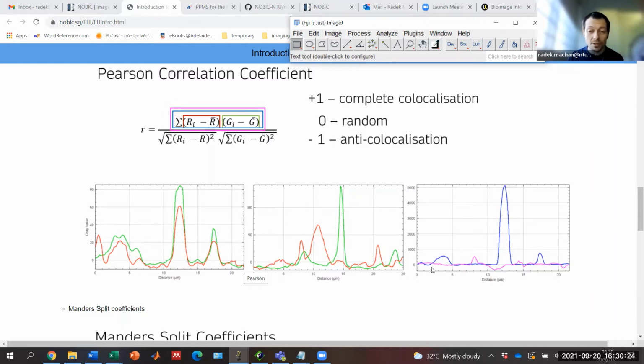which is systematically higher than 0, systematically positive, because when the red channel is positive, the green channel is also positive. So I have a product of two positive numbers, which is positive. Where the red channel is negative, the green channel is also negative. So I have a product of two negative values, so again a positive value. That means if I do the sum over all pixels, I will have a positive